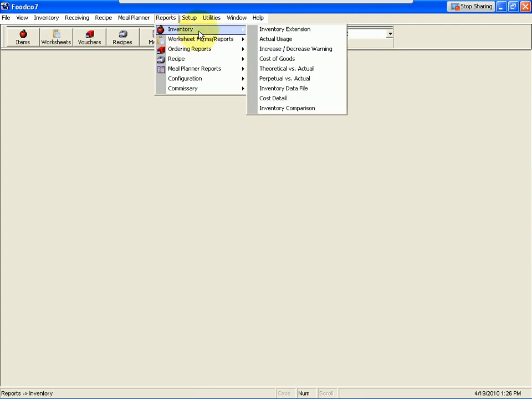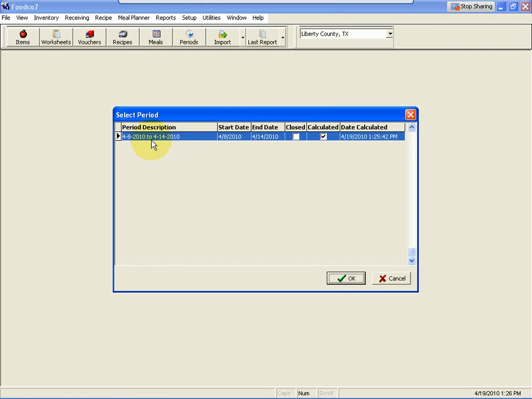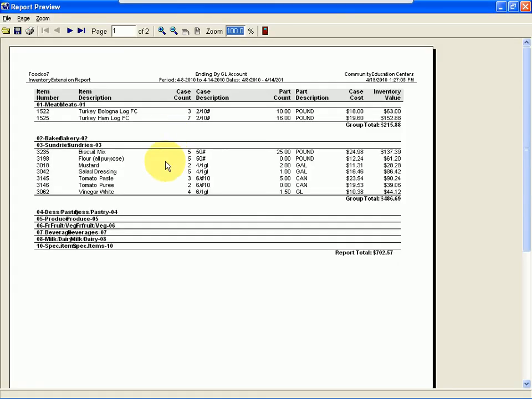Under the inventory reports, you have the inventory extension report that you can select, and then you can go ending by GL account and then answer OK, and it will bring up the period dates. It'll show that it's been calculated and when it was last calculated. If you double click on it, it will bring up your report and show you the inventory items that you had inventory counts on, give you the grand total for that, so that it can be a journal entry, or